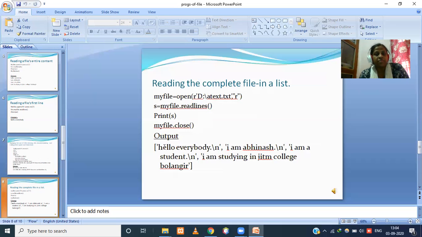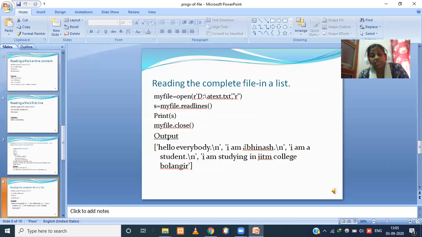So you see here the first line of the file is "hello everybody". In a file every line contains an end of line, which is nothing but a new line character. The first line will be put as the first element of the list. All the lines of a file are put in a list, in square brackets, and every line is separated by a comma. So "hello everybody" with new line is the first element of the list.